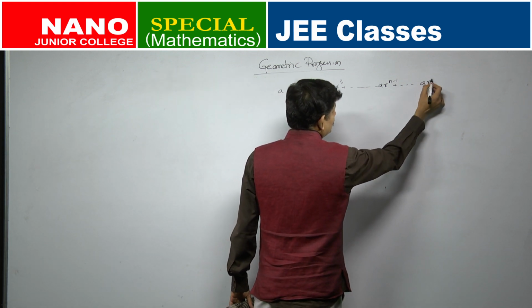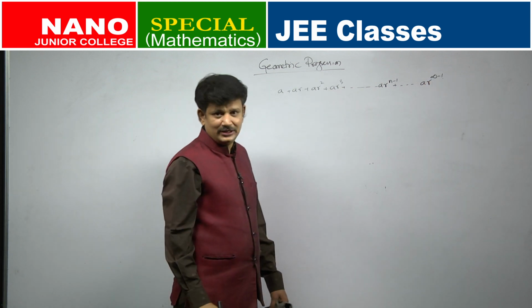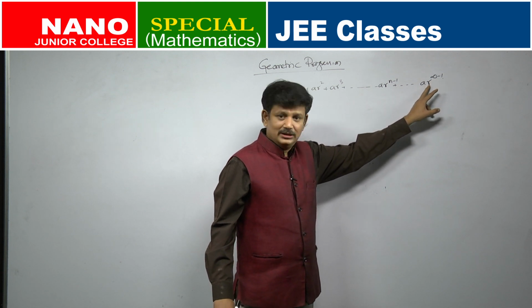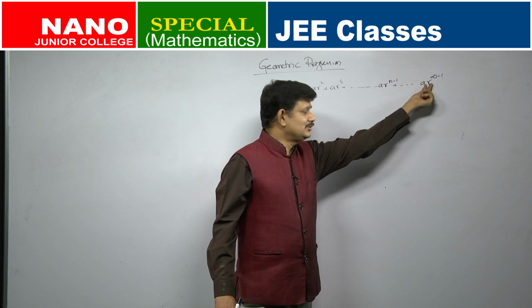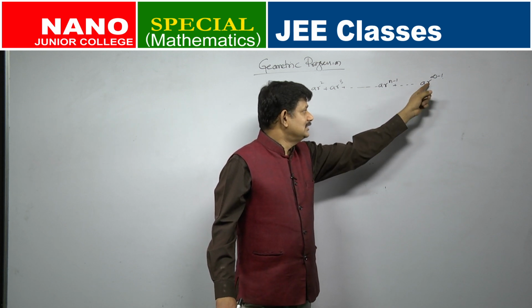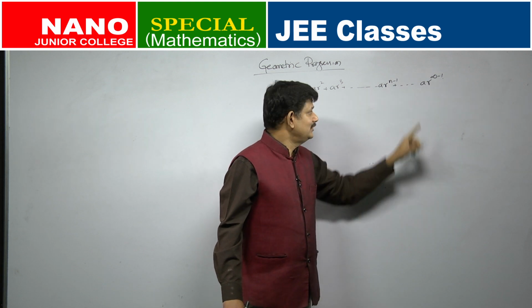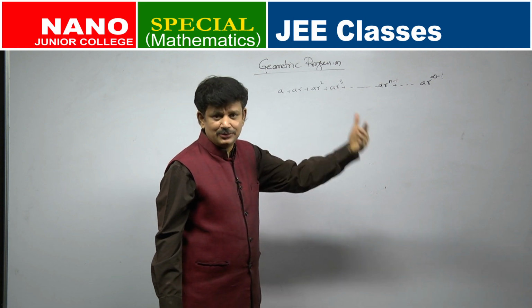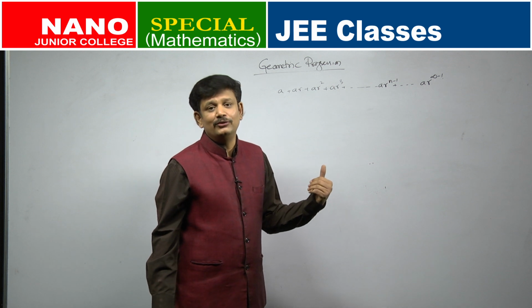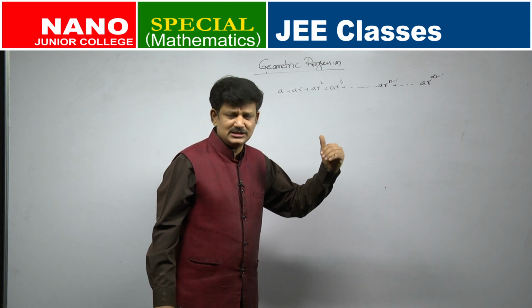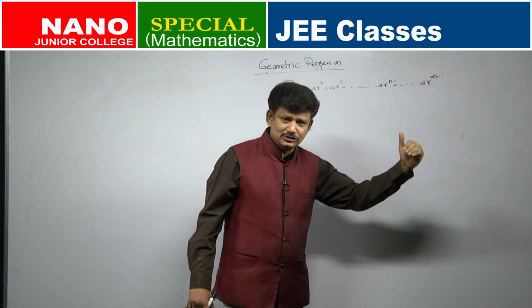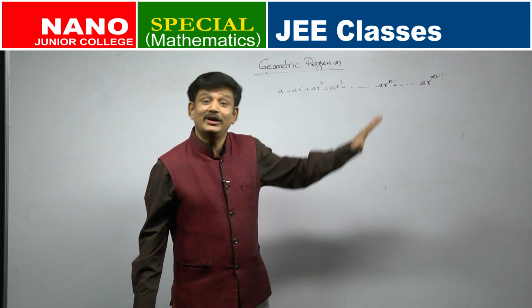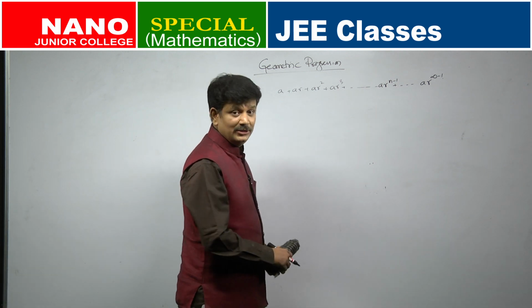This is not the right way of writing it, but if I write it this way, for an infinite term, any number to the power infinity, if that number is not 1, if it is 1 it does not make much sense. So, if it is greater than 1, this number will be infinitely large. If this number is between 0 and 1, that number will be 0. Let us say 1 by 2, you are raising it to an infinitely large power. 1 by 2 if you square, what will happen? 1 by 4. When you cube, what will happen? 1 by 8, further small, 1 by 64, 1 by 128, 1 by 1024. As you increase the power of 2, the number becomes smaller and smaller, and once the power is infinitely large, what will happen to 1 by 2 power? It will be 0.